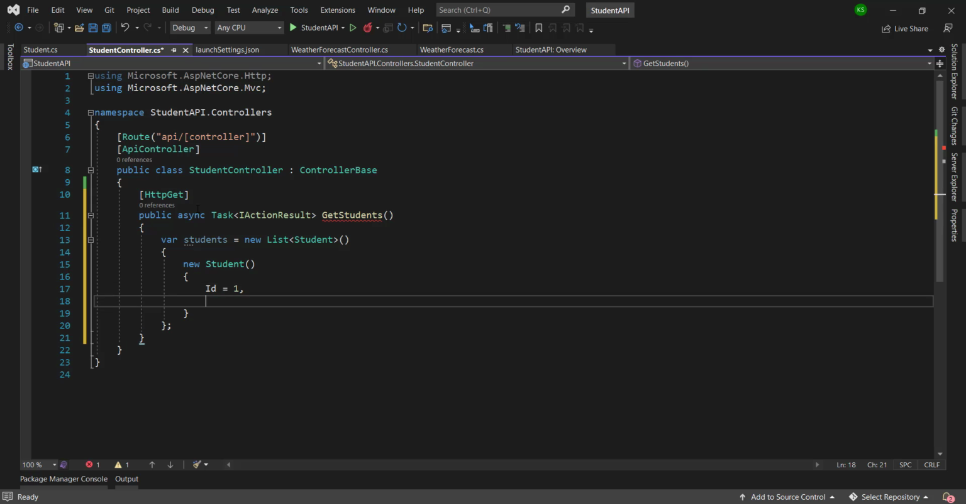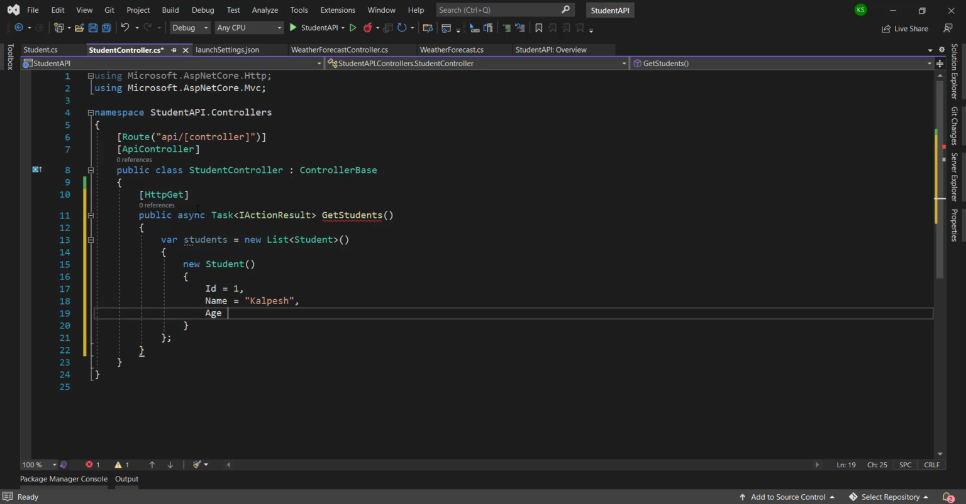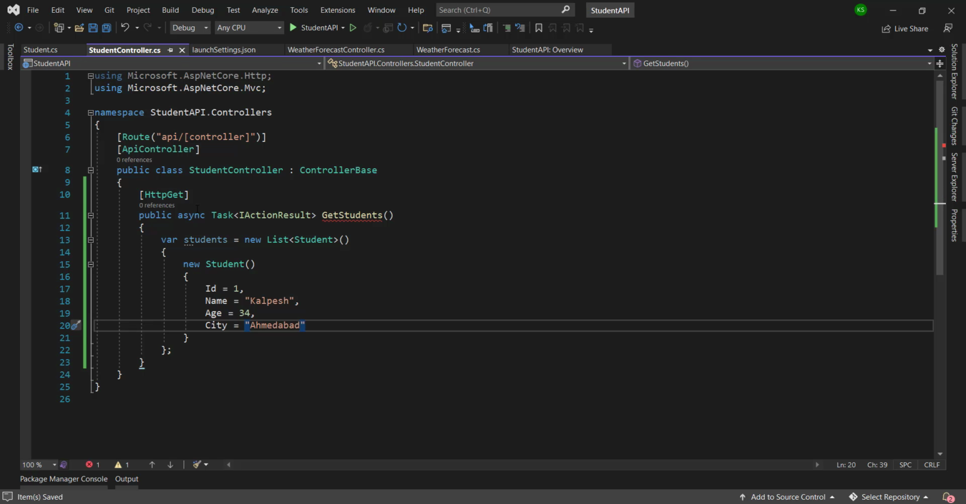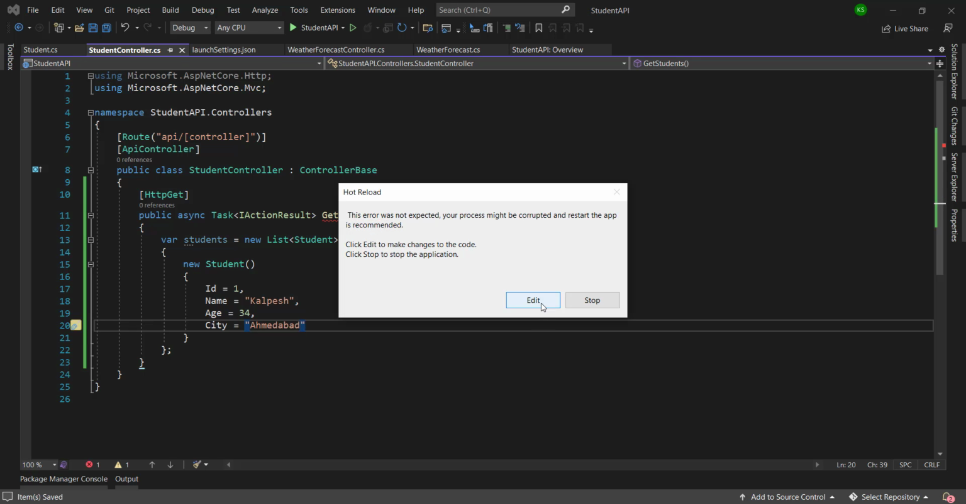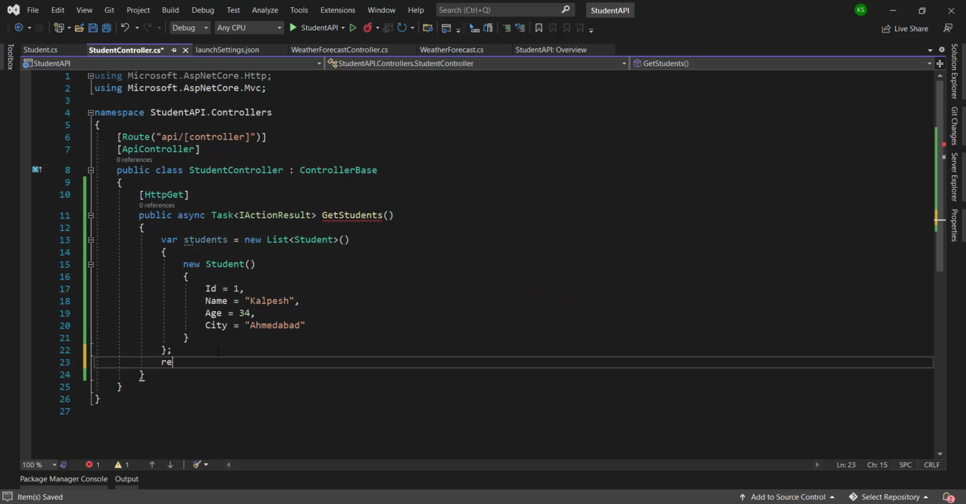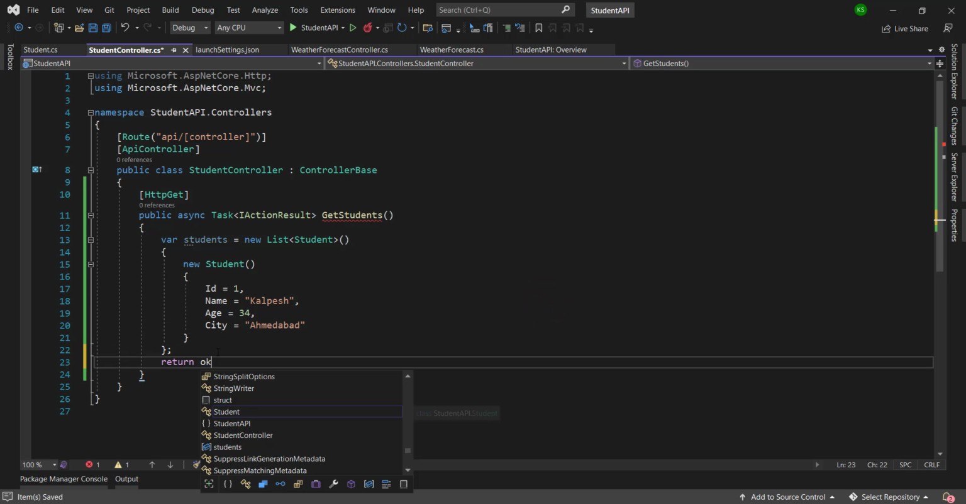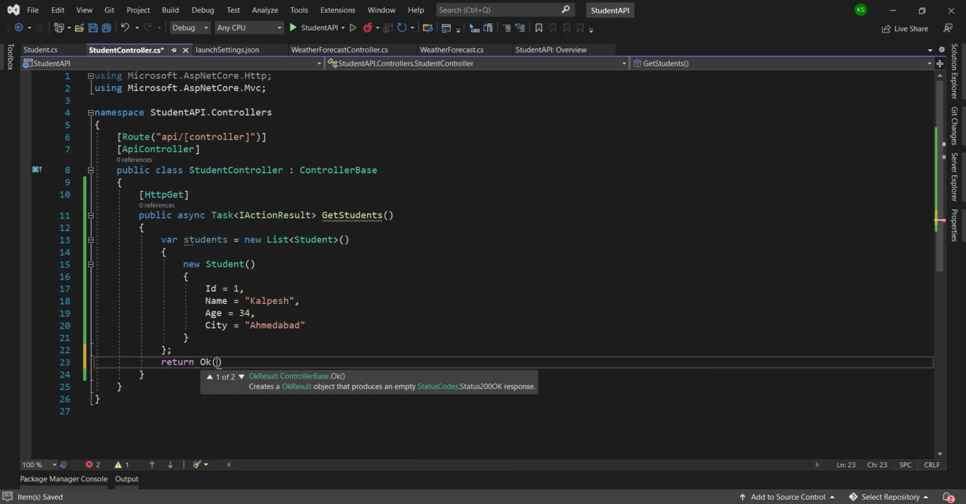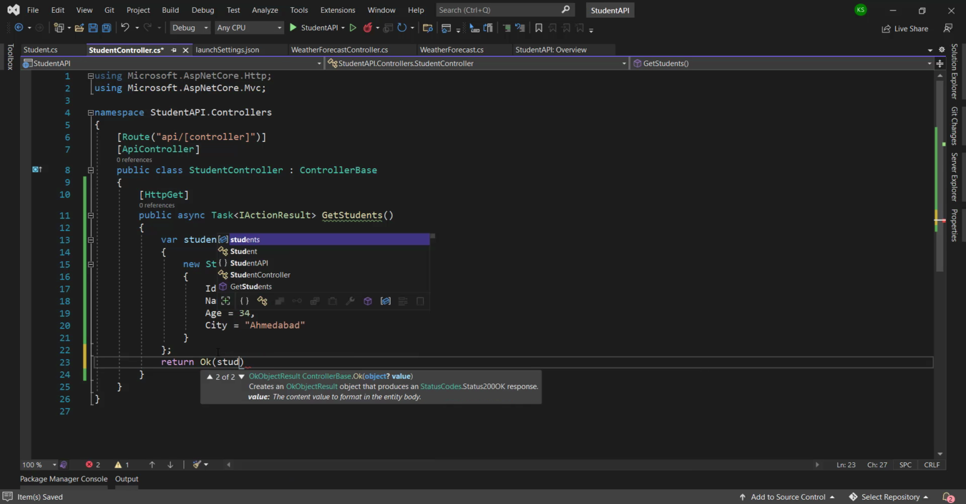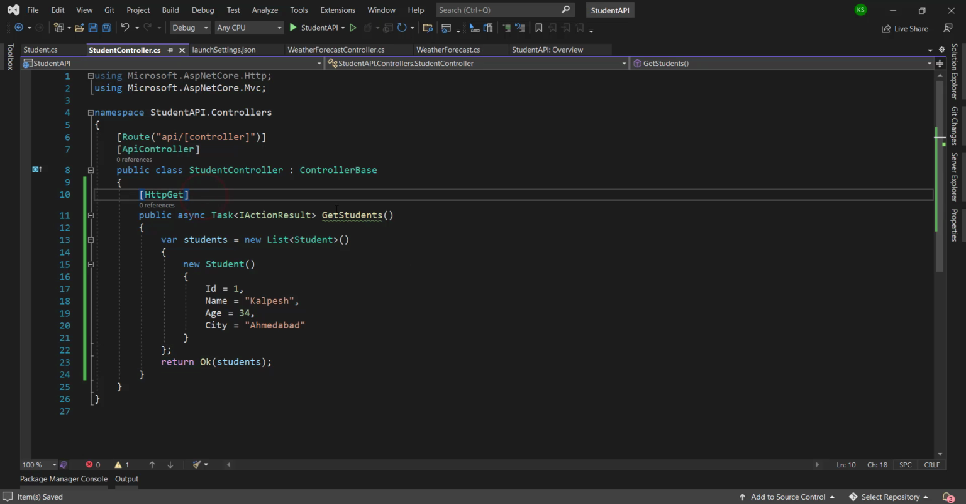Okay, Id 1, Name equal to Kalpesh. What is the age? Age is 4. City is Ahmedabad. Okay, here we go. But why is it still giving this red? Okay, and now we gave this return as Ok, because here we have given async with Task and we pass the student. Okay, so now we give the name of that API, or we can provide the